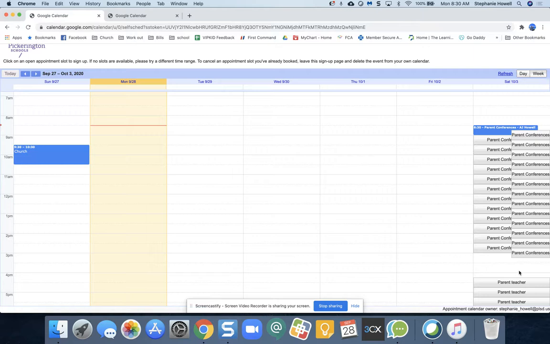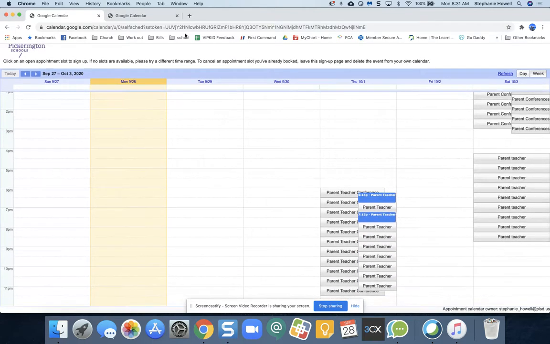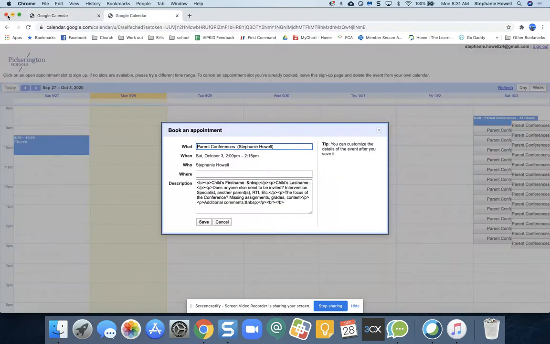I can see right here it's probably blocked out for lunch, so make sure you block out for lunch. You can either go in and schedule yourself, or you could do a time slot here, take a break, do another appointment slot here, take a break. All you need is the same URL. It's not a different URL. Once I go back to, I'm going to go ahead and save this one just so we can see what